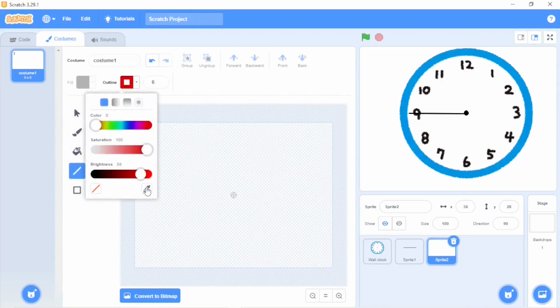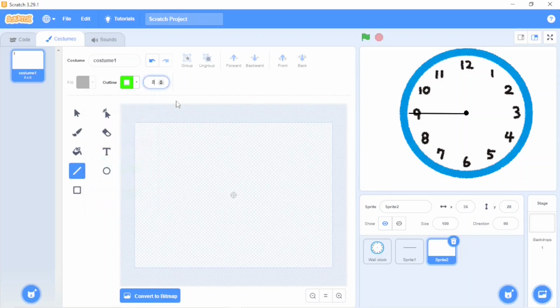This line, I am drawing the minute hand. Now I am drawing it a little bigger. Yes, it's okay. This one in the center, and this is also made.